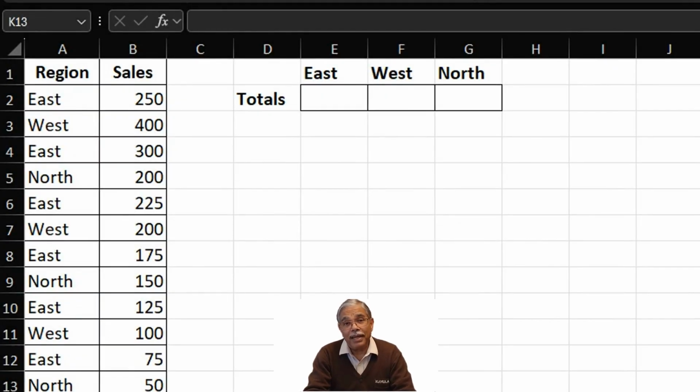Suppose you're working on a spreadsheet where you have to total all the regions, categories. Now, in this case, for example, we have here region, which is east, west, and north, and each one of them has a certain amount of sales for a particular time period. And what we need to do is sum or get a total of all the sales for each one,